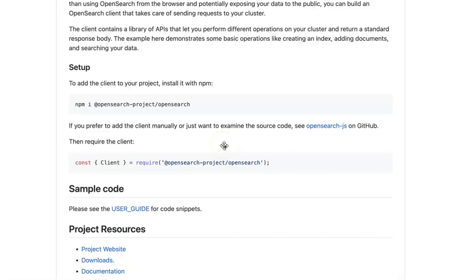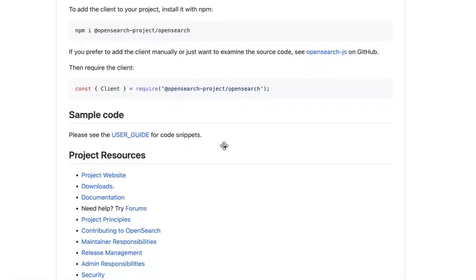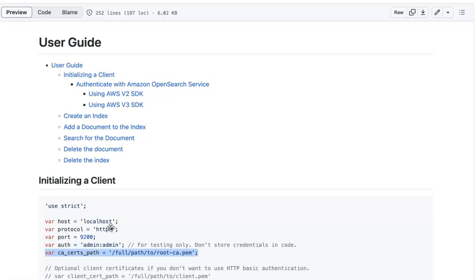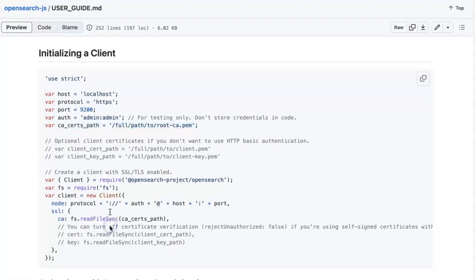Now let us go to the examples in the user guide. First, let me show you how to initialize a client. From the code given over here, we can initialize a client. In the following code, you have the path to CA certs. What it does is verify if you have certificates installed in this path. If you do not have any certificates installed, comment out this line. I will show you the demo of how to initialize a client, but before that, let me go to the